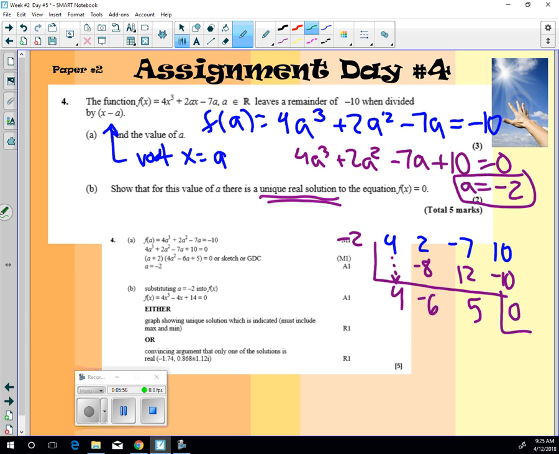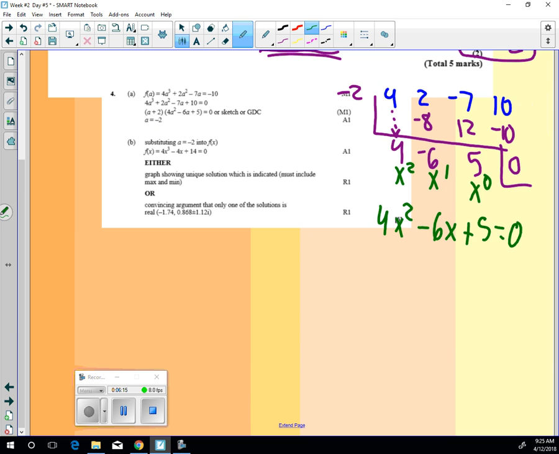But the part that maybe you forgot is that these are exponents of, well, we had a here, but I'm just going to call it 4x squared minus 6x plus 5 equals 0. And I'm going to prove that the roots of these are unreal. So all I'm going to do is call this A, B, C, and check out my quadratic formula here. 6 plus or minus square root b squared minus 4ac